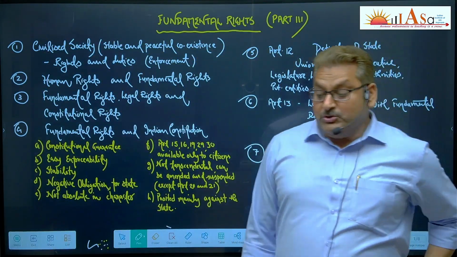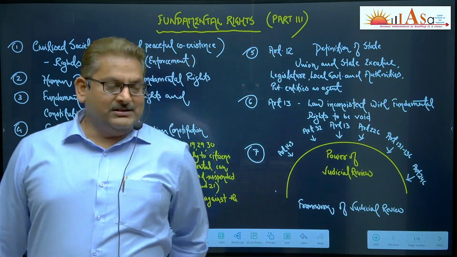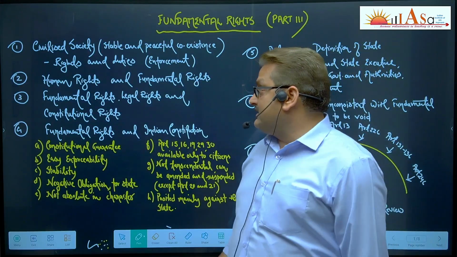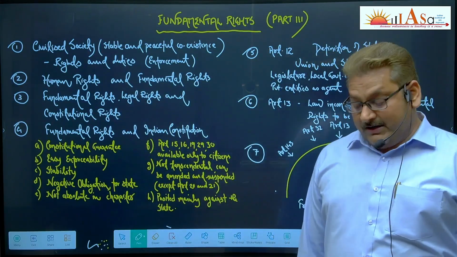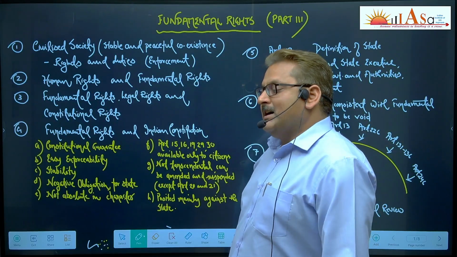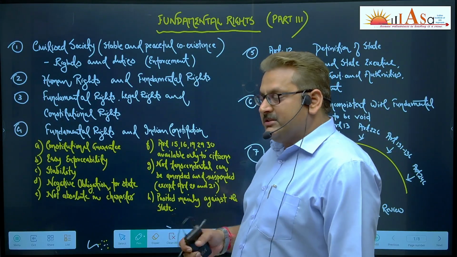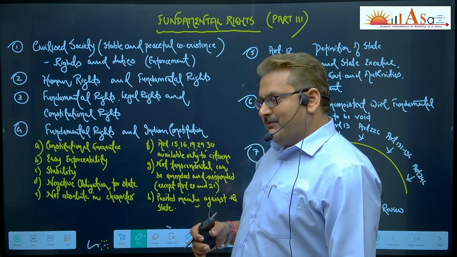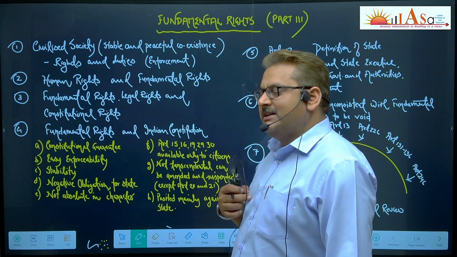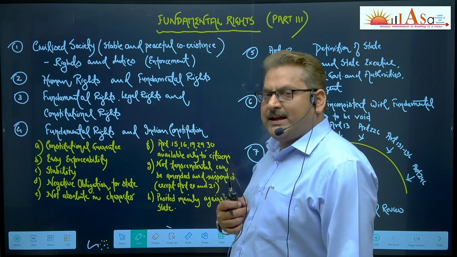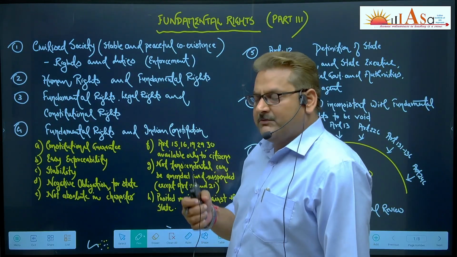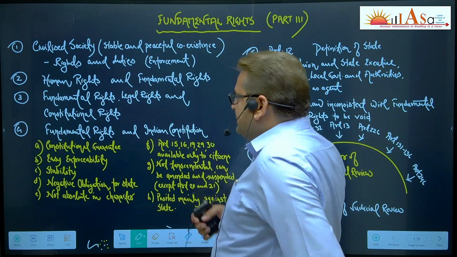Then I discussed human rights, fundamental rights, and the difference between the two. Then, in the context of civilized society, we discussed rights and duties. We cannot think of a civilized society without a well-defined construct, a matrix of rights, obligations, and duties, which is capable of restricting the possibility of friction and conflict and facilitating a smooth flow of life, and which can bring some predictability and certainty in the behavior of people towards one another. This is regarding civilized society.